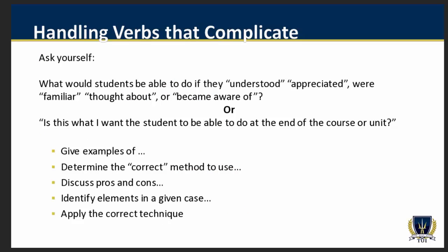That leads us to further explore how to handle these complicated verbs. If you're not sure whether your statement is an actual outcome, ask yourself these two questions. What would students be able to do if they understood, appreciated, were familiar with, thought about, or became aware of? What would they be able to do to show these skills? Or ask yourself another question: is this what I want the students to be able to do at the end of the course,